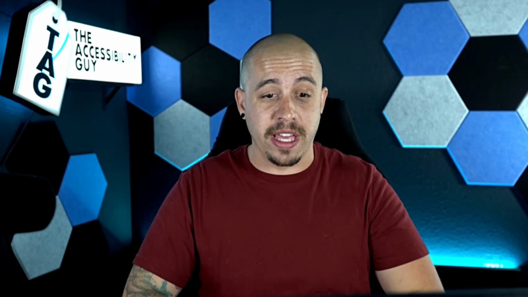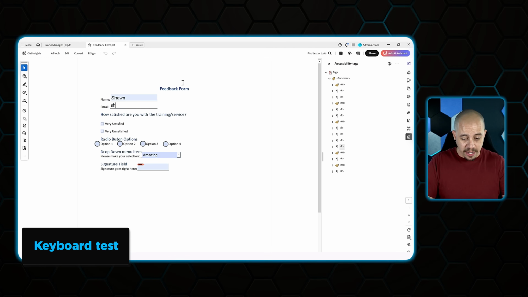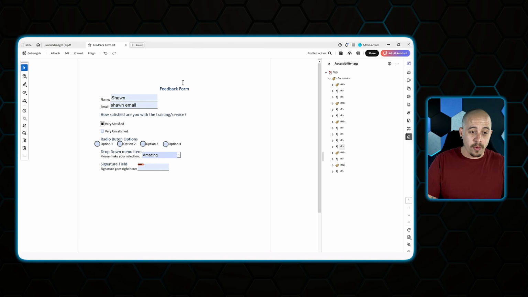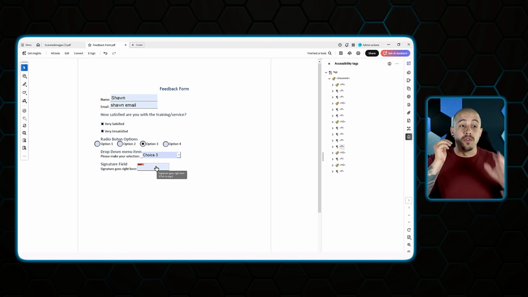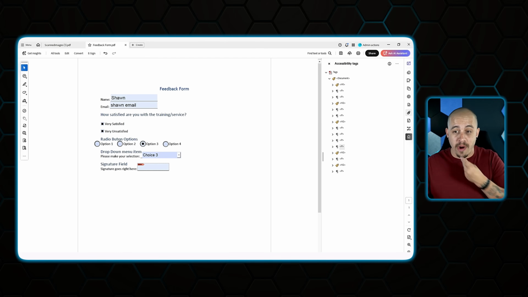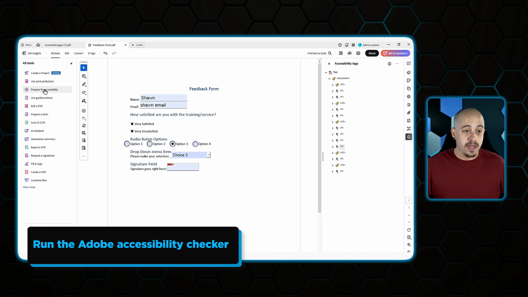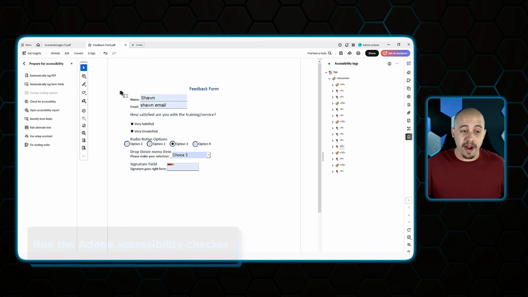Let's test this with our keyboard. We're going to do Sean. We can do Sean email. Perfect. And I'm using my keyboard. Our checkboxes work. We have our radio button options. Let me go back to my keyboard. Now to move radio button options, you use your keyboard to make your selection. We have our drop down menu where we can choose the different options. And then we have our signature field where we can choose to either lock the document or not. It's really your preference. Let's go ahead and run the built-in accessibility checker by selecting all tools, prepare for accessibility,